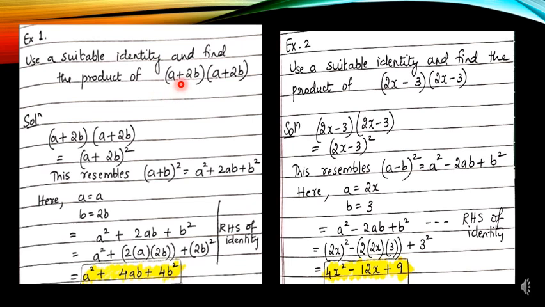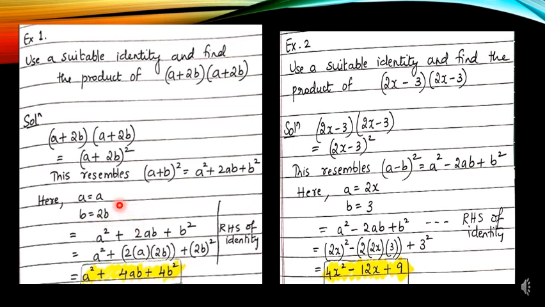What is the sign that we have here? We have plus sign. Here also we have plus, and the terms are exactly same. So you can write these both together as a plus 2b the whole square. Now do you remember which identity this resembles? This resembles a plus b the whole square, which is equal to a square plus 2ab plus b square. In our question, that is a plus 2b the whole square, the identity you are going to use is a plus b the whole square. So in the place of a, we have a, and in the place of b, we have 2b. So a is equal to a and b is equal to 2b for this particular question.